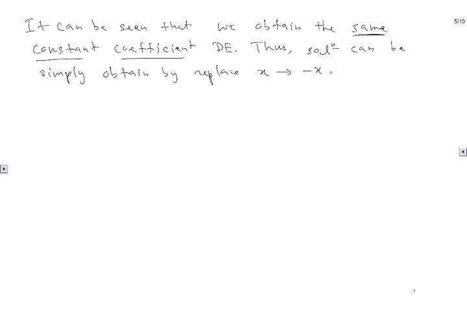We simply replace x by negative x to get the solutions in this case, because you get the exact same differential equation. Therefore, when x is not equal to 0, whether positive or negative, the general solution takes the form